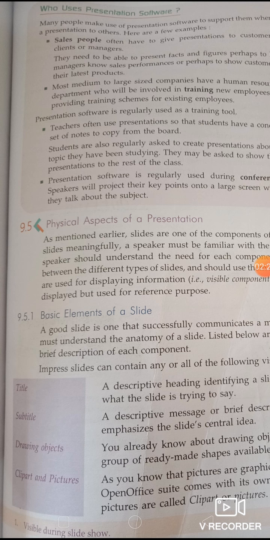Second is the subtitle. In this element you can write messages or a brief, very short description of the slide data, meaning the contents you are using in your presentation, explained in short. This part comes below the title element. In this you can describe things, but not in great detail, because earlier I explained that you should balance the information in the slide. We cannot add so much text in the slide.